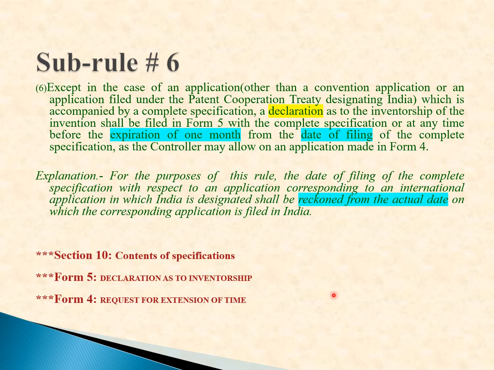That means whenever the applicant needs some extension of time, he must request the same via form 4, and the declaration as to inventorship should be applied via form 5. Okay. So we can say inventorship declaration form or inventorship declaration is not required in case of an application